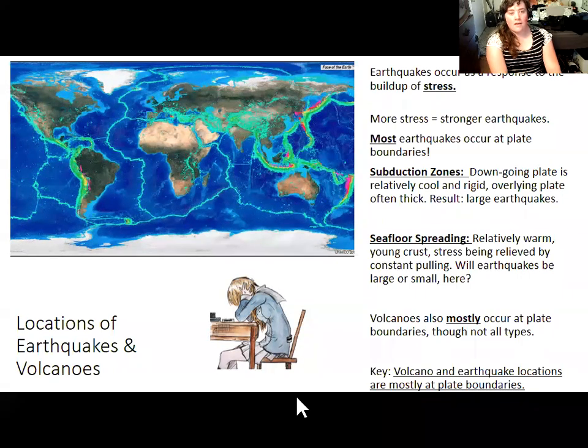Said Ridgecrest. Ridgecrest earthquake. Great. So that wasn't the question I was asking exactly, but the Ridgecrest earthquake is actually a really good example of an earthquake caused by a transform fault. That's one near where you all live, and that was an earthquake along not the San Andreas Fault itself, but